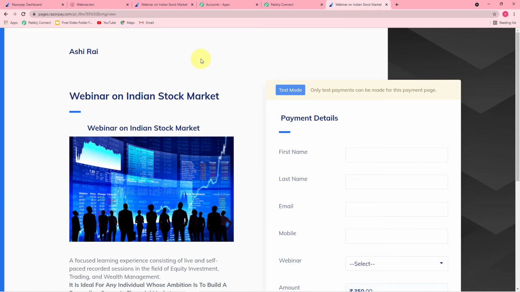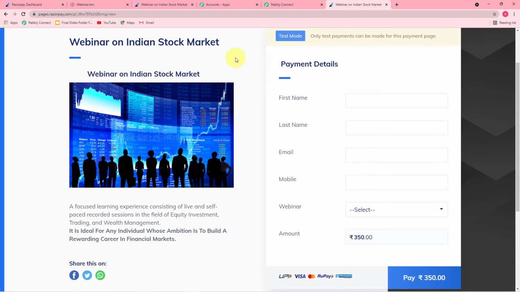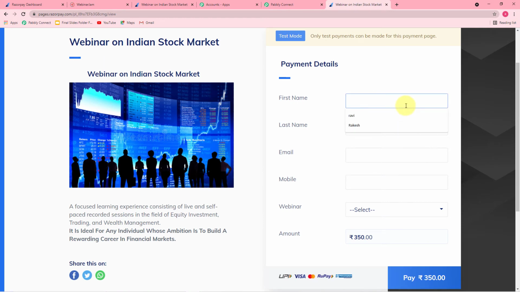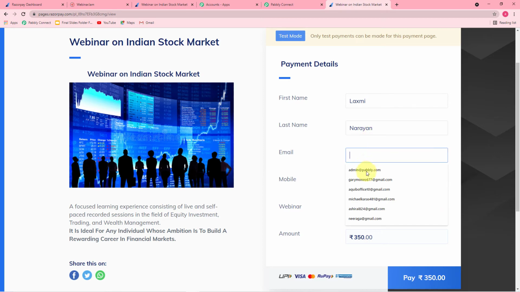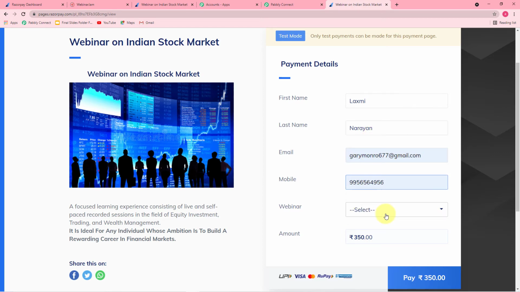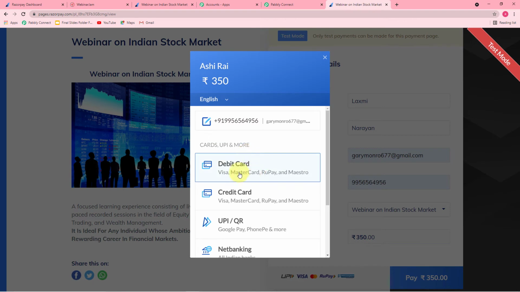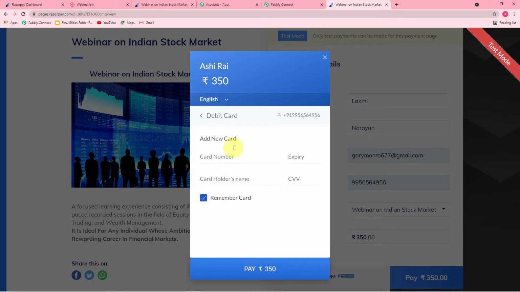Right. So this is the payment page for Indian stock markets webinar, and I'm going to make a payment again. So now this time I'm going to fill the name as Why Webbwm, let's say, the email, mobile, the webinar name, and now I'm clicking on pay here. So from this option I'm selecting this debit card mode. I'm entering the card details like this,